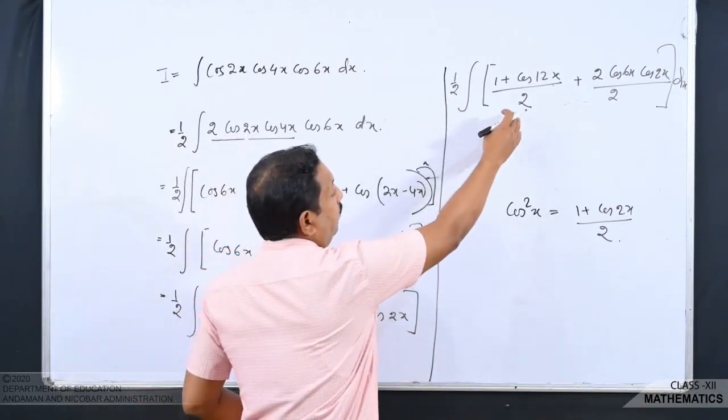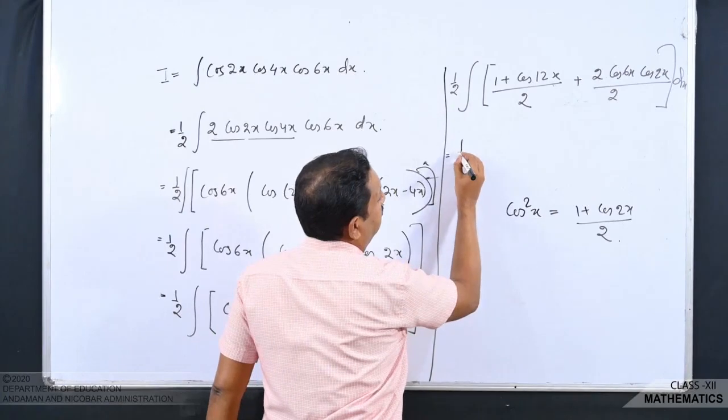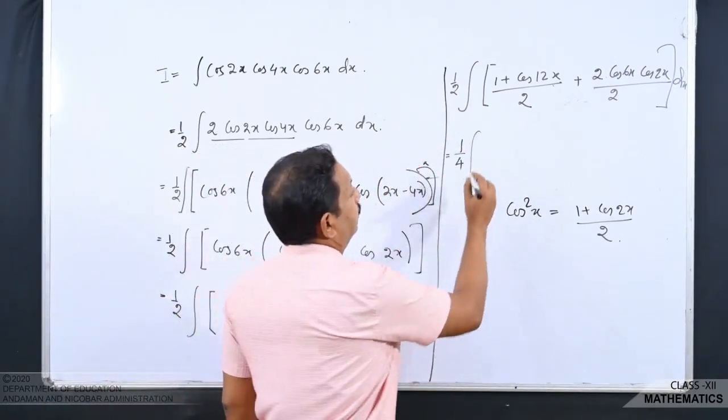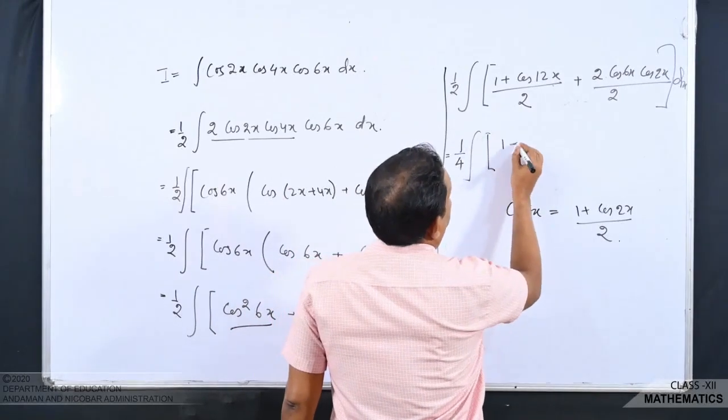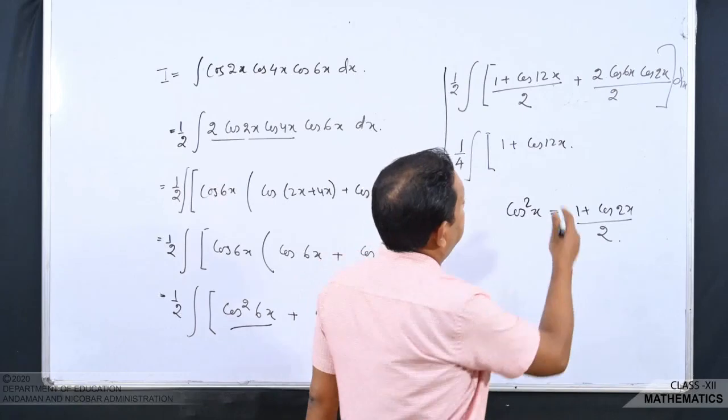Now I take this 1/2 common from these two terms and take it out. That means we have 1/4 out and integration over 1 plus cos 12x, and here again